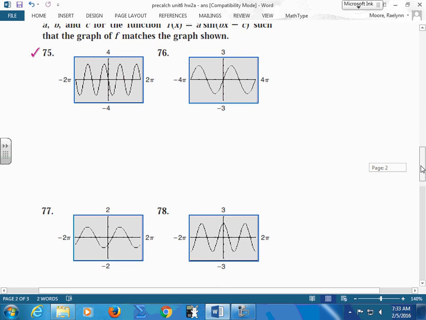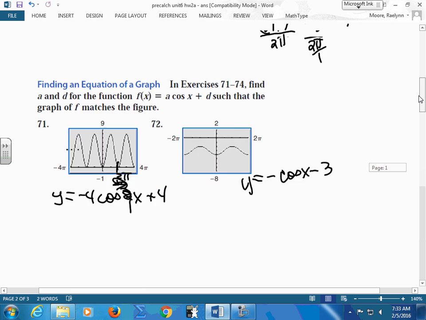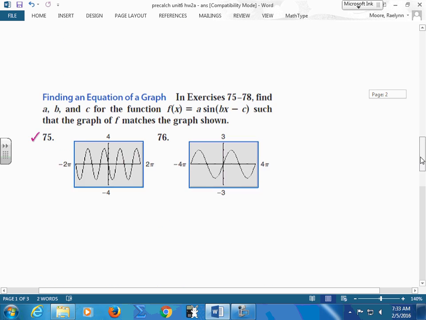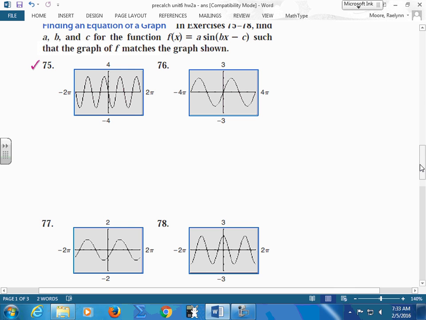Only sine has phase shift? Well, no. The directions for this said use the cosine equation. Alright. Then the second, and that's fine. As long as you did it correctly, that's fine. And then this one said do a sine curve. So this one should be